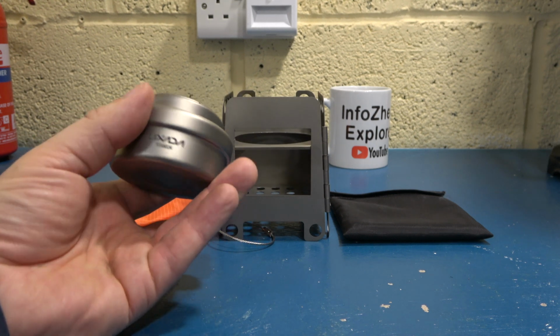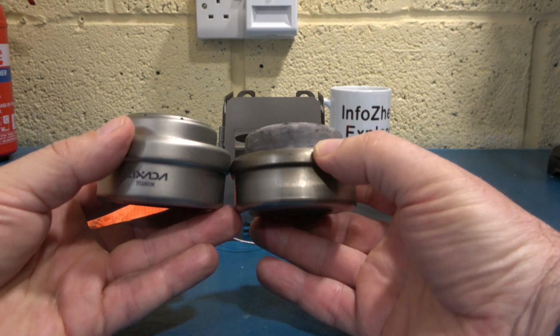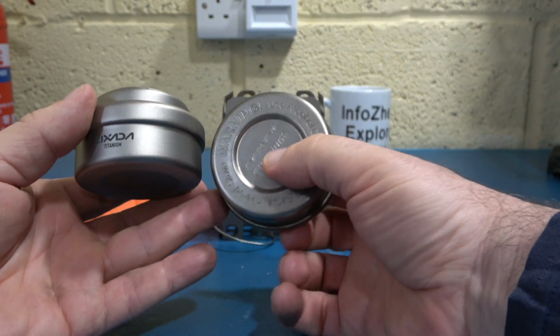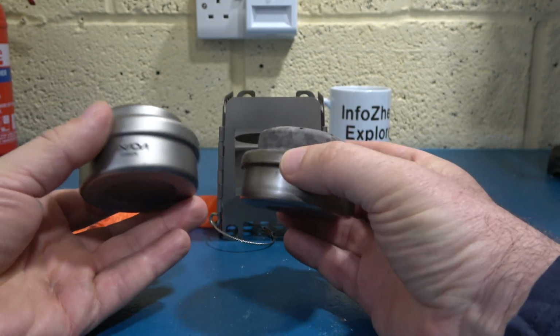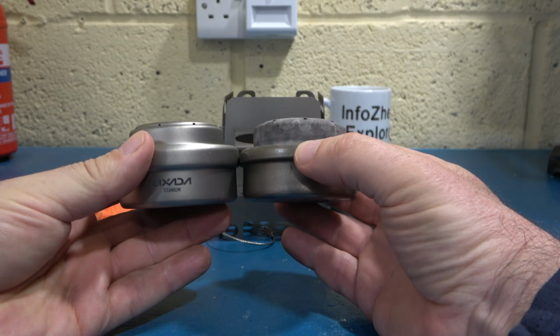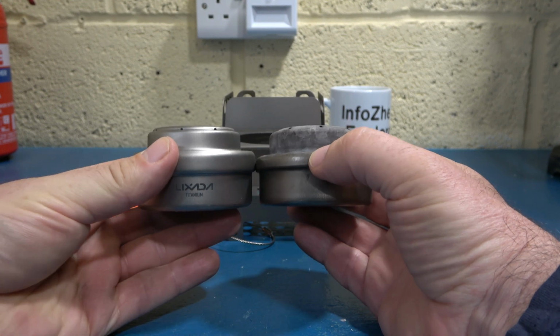You can tell from this what they've done. They've stolen the idea from Avenue. That's my Avenue burner, if I can get it the right way round. They've changed the spec slightly. They changed the height of it, so it's a tiny bit higher, just by a couple of mil, and